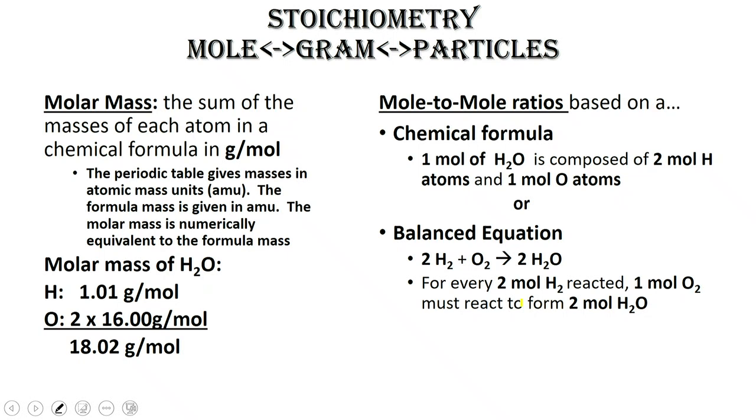And it's actually just the sum of the masses of each atom in a chemical formula. We use the units grams per mole. When you look at the periodic table, the masses are given in atomic mass units. Numerically, it's the exact same thing as what we use to determine molar mass in grams per mole. So for example, if we wanted to do the molar mass of water, we have